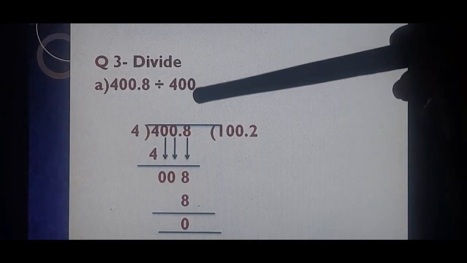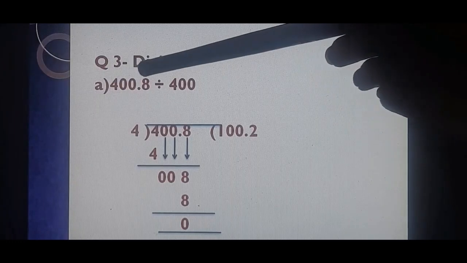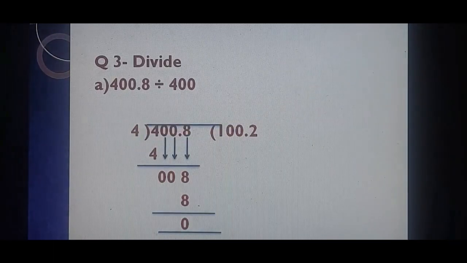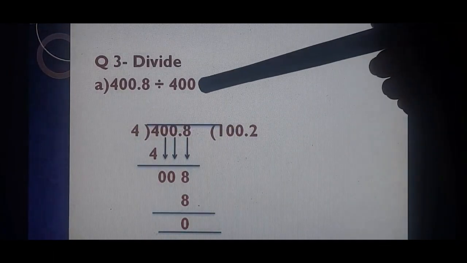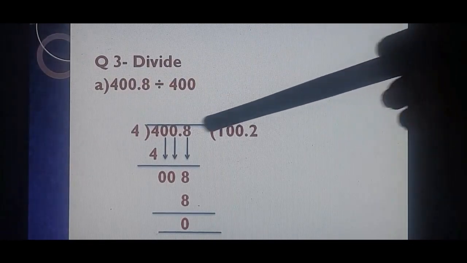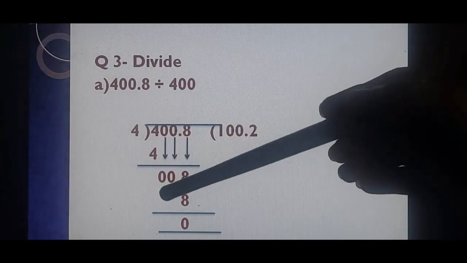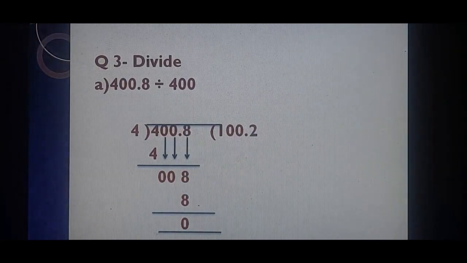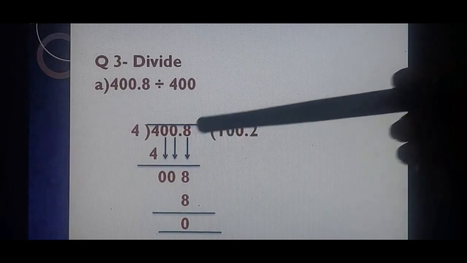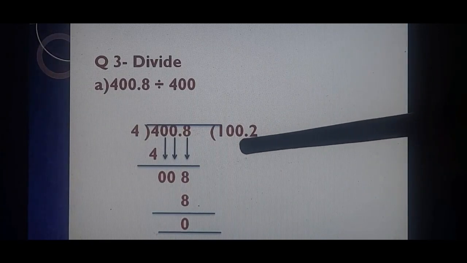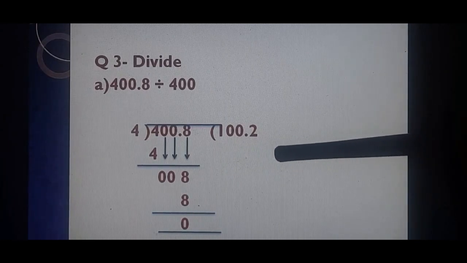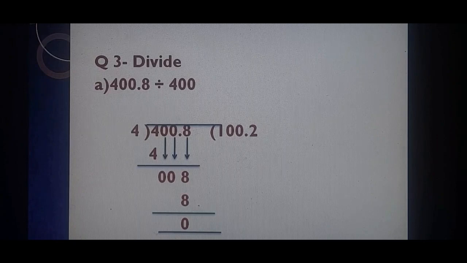So here I am taking the first method in which 400.8 is divided by 400. So first of all we will take division with 4. Okay, these zeros I have not considered in the division first. Now see, 4 ones are 4. Then take 0. 4 zeros are 0. Then next 0. 4 zeros are 0. Next digit is 8. 4 twos are 8. Right? Now after decimal, one digit is there. So here also we will count from the ones place and then put decimal. So our quotient has become 100.2. Okay, till here division is done.